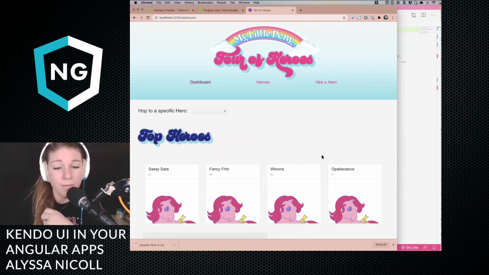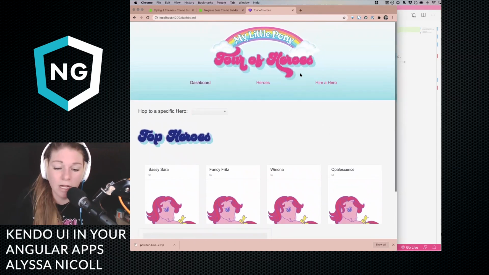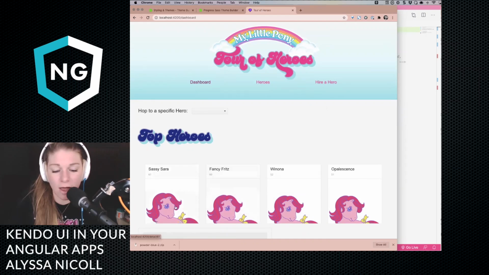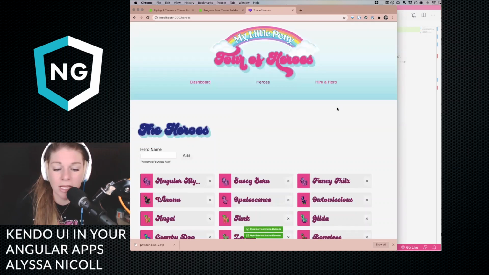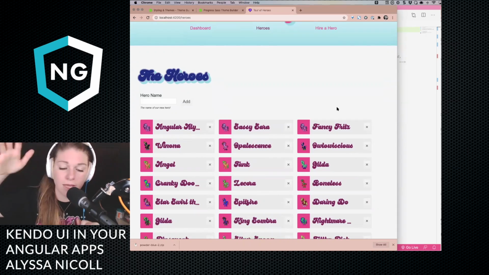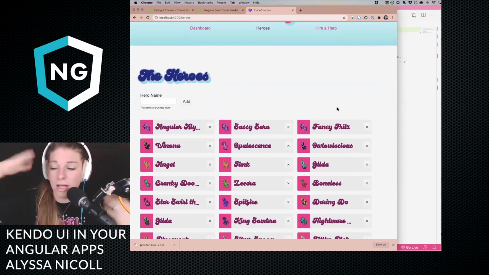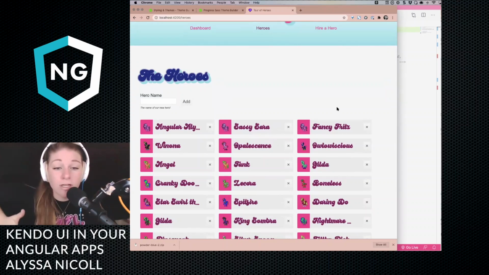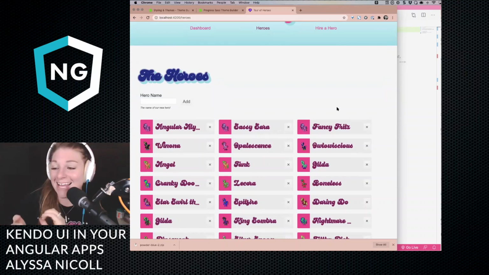So anywho, here's the app that I created. I think it's gorgeous. There are bugs. I'm not perfect. But there's little things like you hover over the pony cards and the ponies move. You go to the heroes page, and I don't know. I really, really, really like, can you raise your hand in the chat with an emoji of hand raising, or I don't know, just gibberish. Just put anything in the chat right now if you've seen the original Tour of Heroes application.